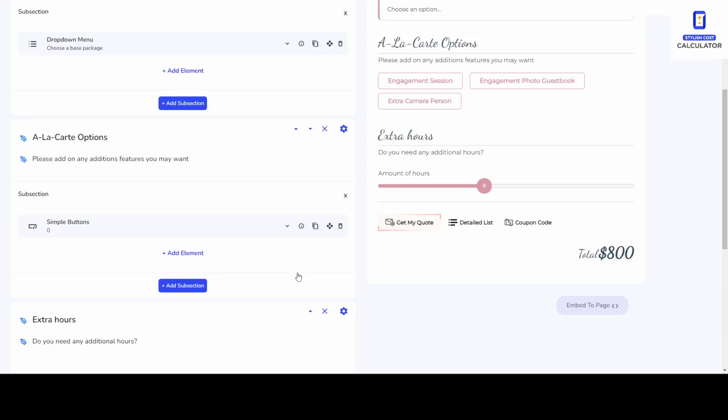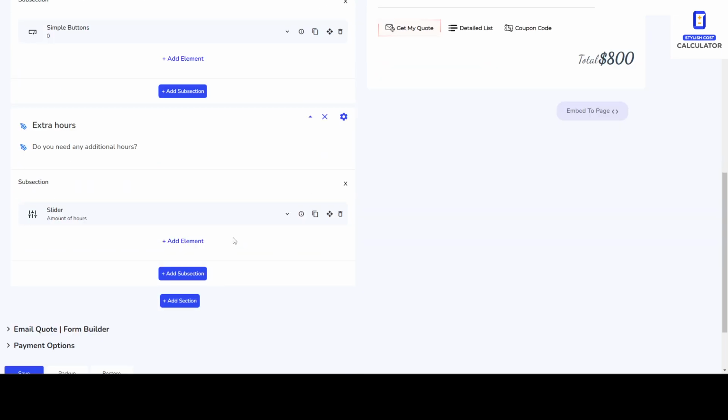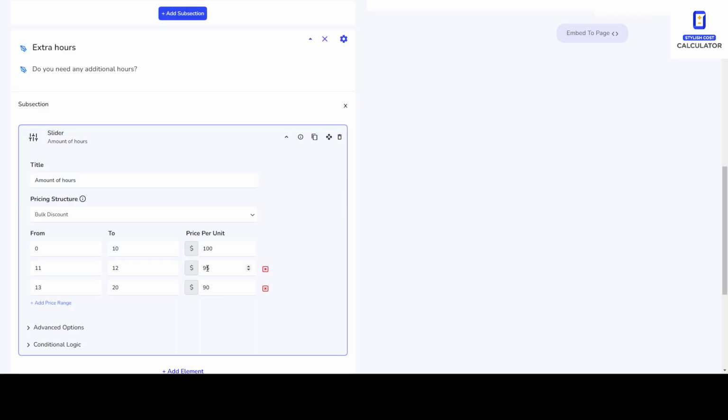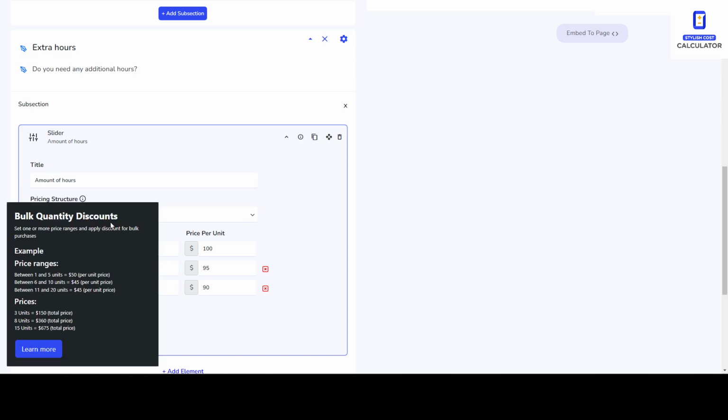In this video, we're going to show how we can display the savings and cost savings to a front-end user if they're getting a bulk pricing discount based on choosing more volume. So our slider module here has the bulk pricing